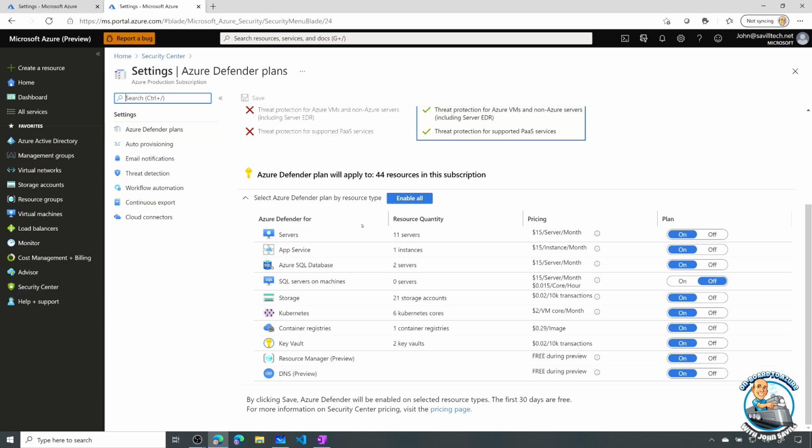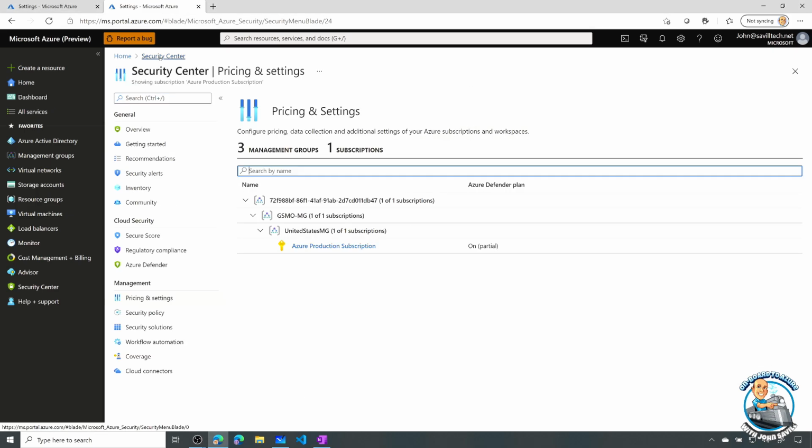So here I can see servers and app services and SQL database and SQL on machines, storage account, Kubernetes, container registries, Key Vault, then Azure Resource Manager, Azure DNS. And you'll see they have a cost. So for each instance, I pay a certain amount of money for those actual things. So realize now there is $1 associated with these. And once I actually have this turned on, well, now I can jump over to my security center,